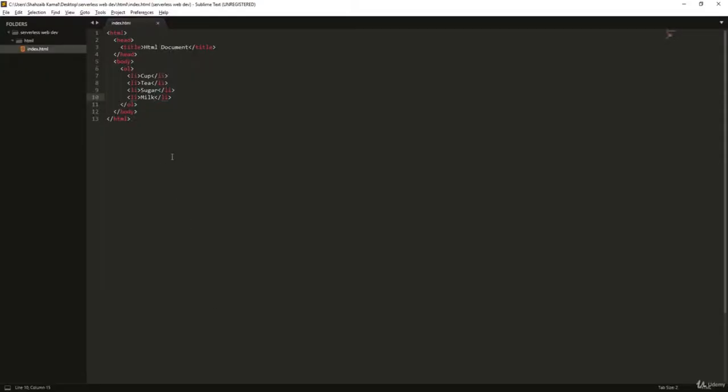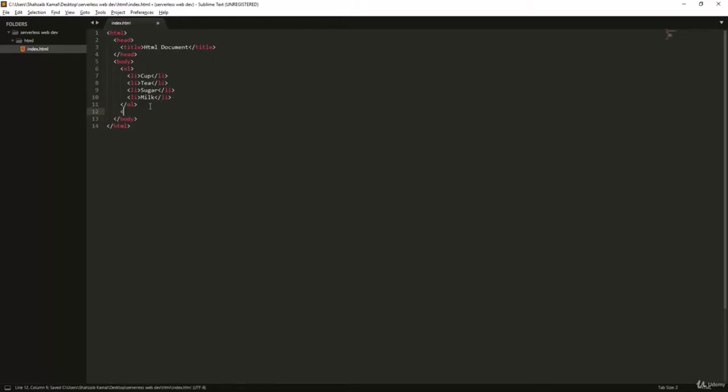By the way, save it. Now go to the browser, refresh the page. You can see the 1, 2, 3, and 4: cup, tea, milk, and sugar, all the elements are there. That means it's actually working. These li are actually visible. This OL is actually working. That means we are actually booming. Line break, go there and line break, and then